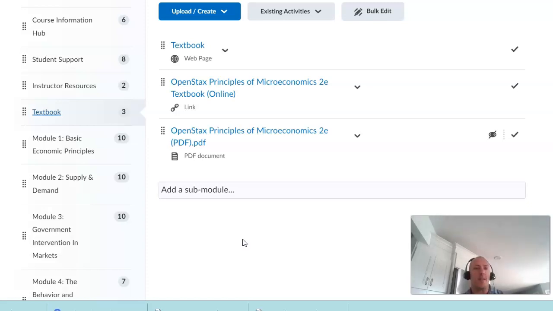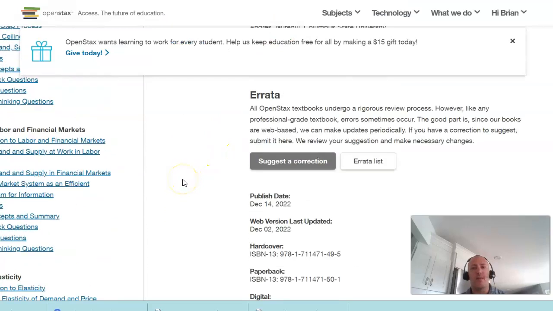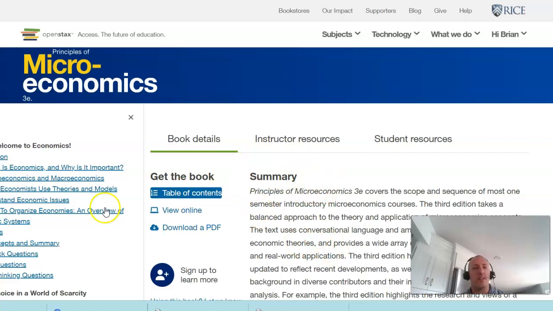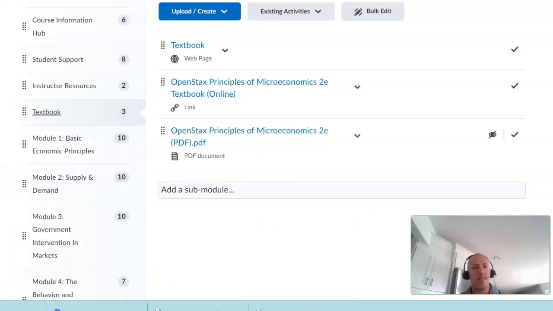So if you want a hard copy, you can get it there, or Amazon. There are links on the OpenStax website. You need to create a login. I believe you can keep notes within the textbook if you choose to read it there. I will also be providing guided note templates if you choose to use those, for each chapter, to help you read the chapter and guide you through it.